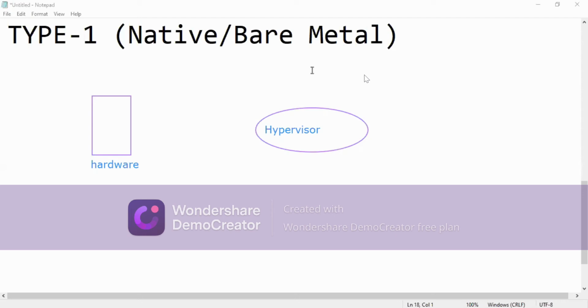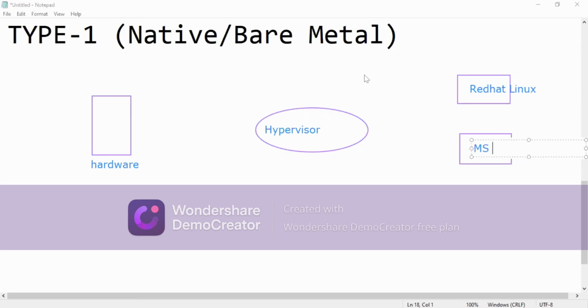With the help of this hypervisor, I'm going to create either a Windows machine or a Linux machine. So I have Linux, and again I have another one, a Windows machine.